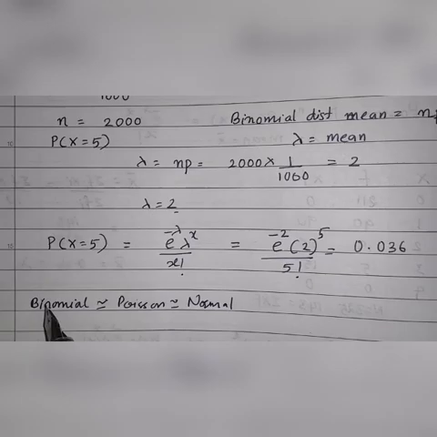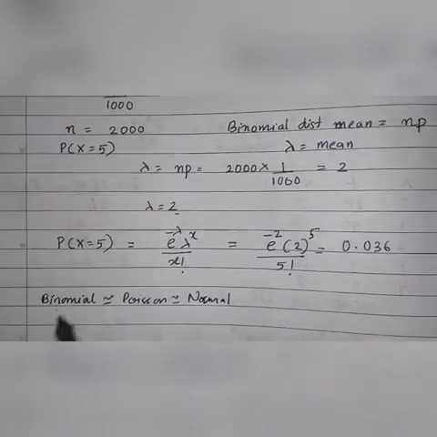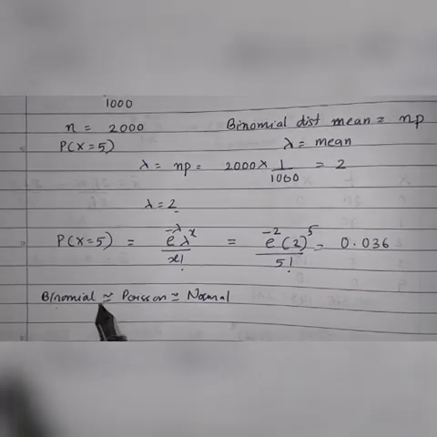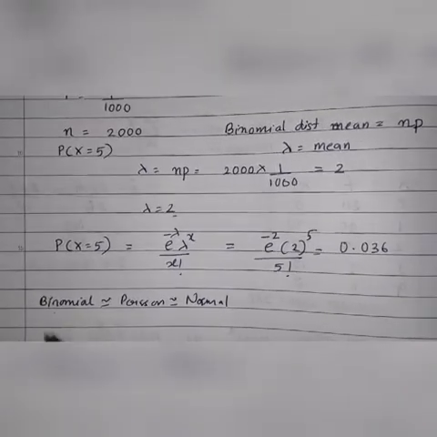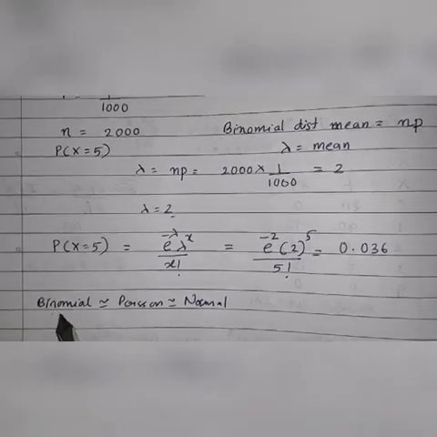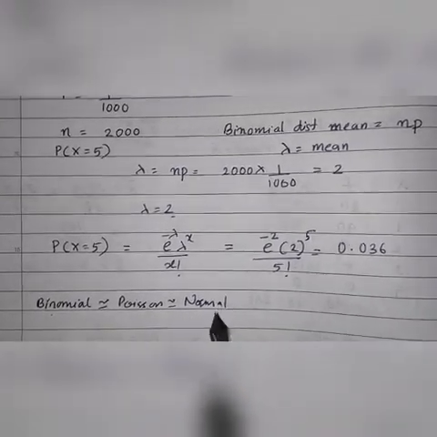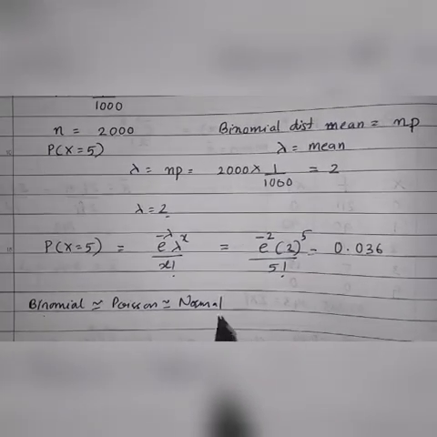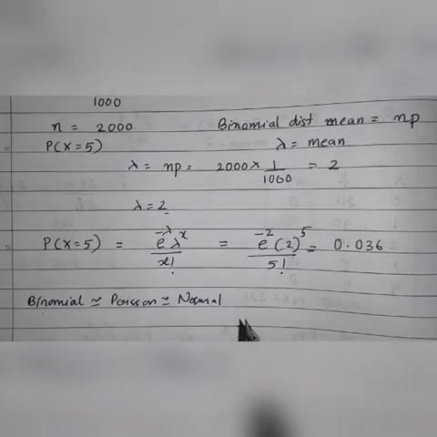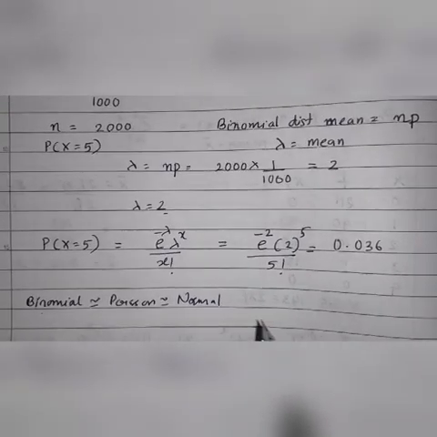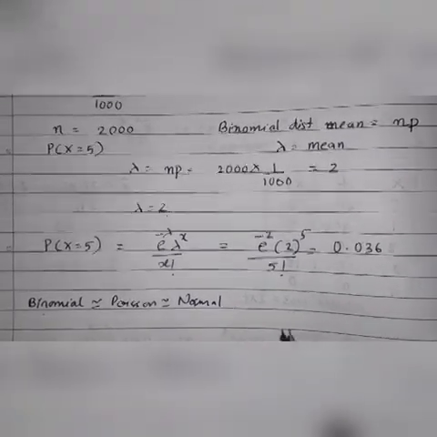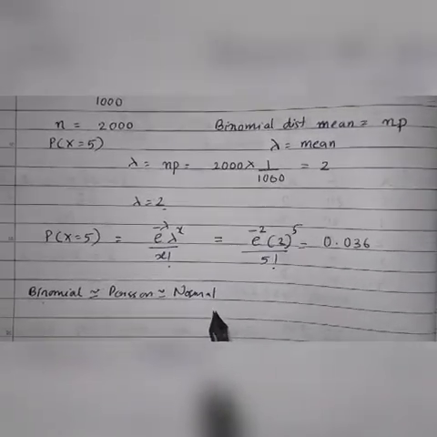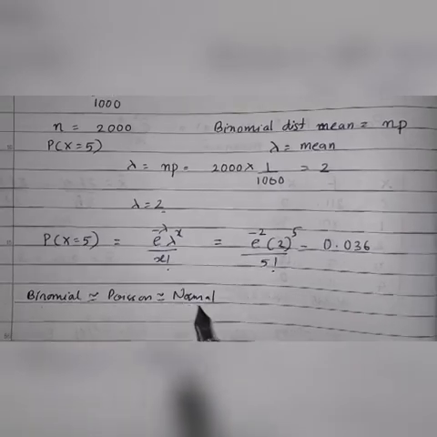For example, if I want to check the number of mistakes in a page, I can say 5, 6. I cannot say 5.6 or minus 2.3. I cannot count like that. So whatever values are countable will be considered under binomial and Poisson distribution. For normal, for example, if I want to find the weight, it is continuous data. I can have 23.5 kilos, 5.8 kilos, 2.9 kilos, like that. Or height or units of measurement. Whichever data is continuous in nature, we can use normal distribution.